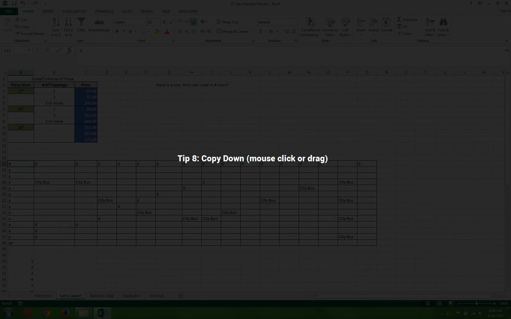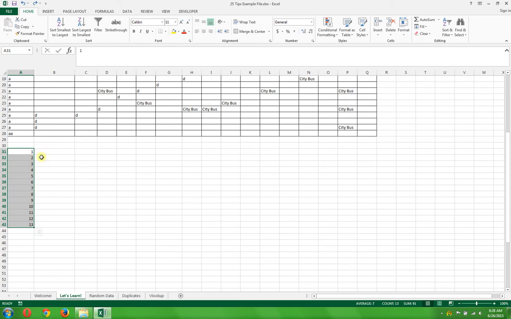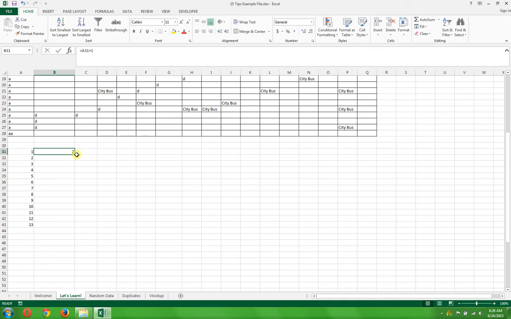Next thing on the list is copy down. And this can be used a number of different ways. So let's pretend we have just a list of numbers here, and we want to put a formula next to that. So let's just put something basic. All right, it just has this cell plus 1. Now there are a number of ways to do this. You can see this little